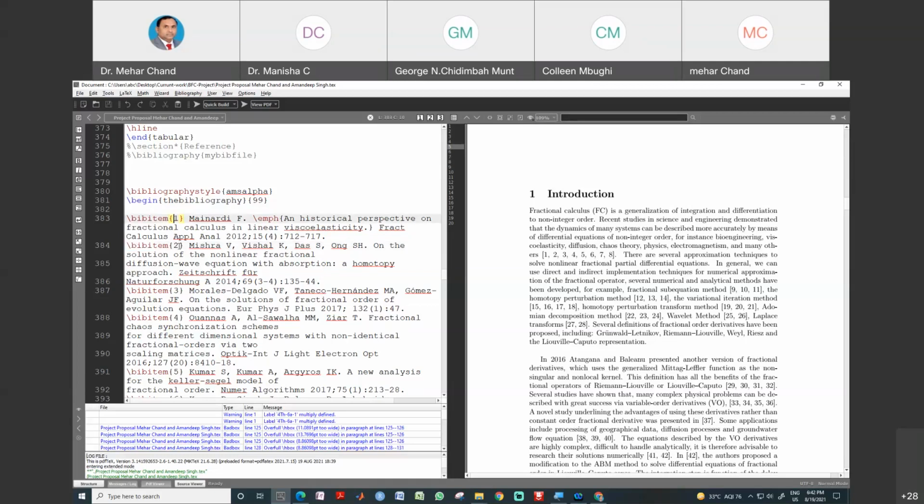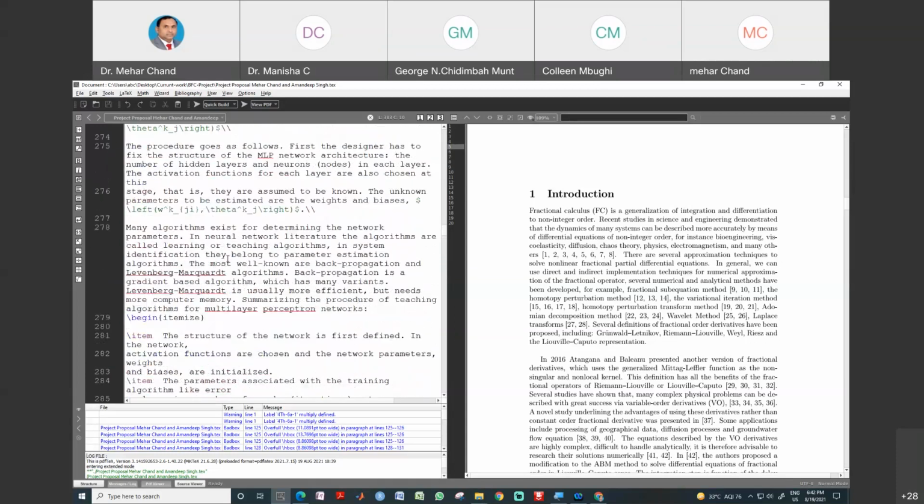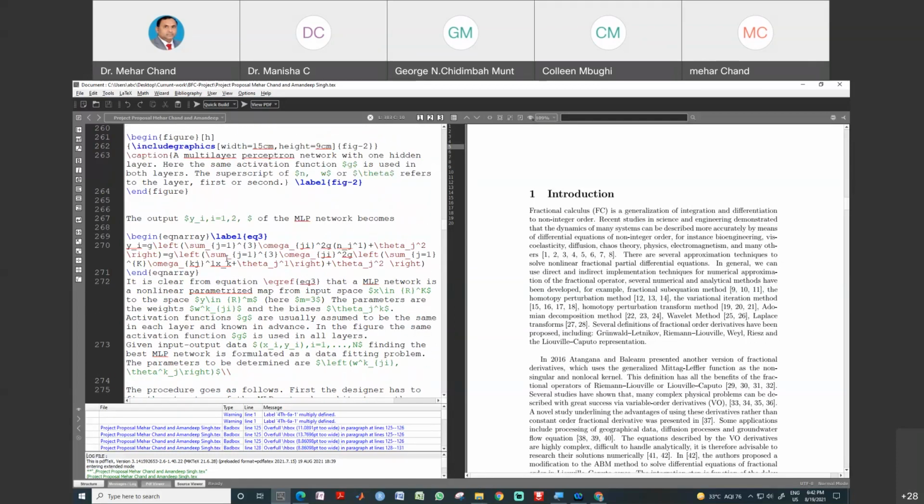I insert only numbers 1, 2, 3, 4, 5 here. Okay, so these are the labels, and it doesn't matter if you change the position of these references. And if you want to insert more references, the numbering of the references will automatically change in the whole document. So this is the citation, how we can use citation.